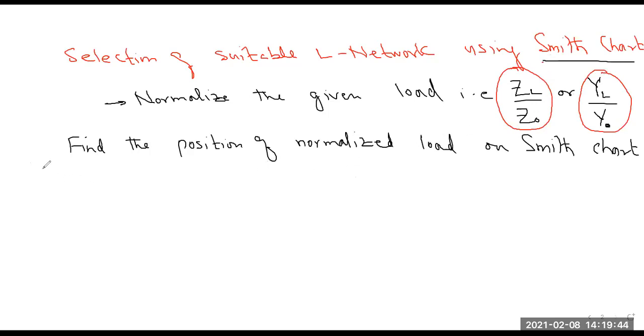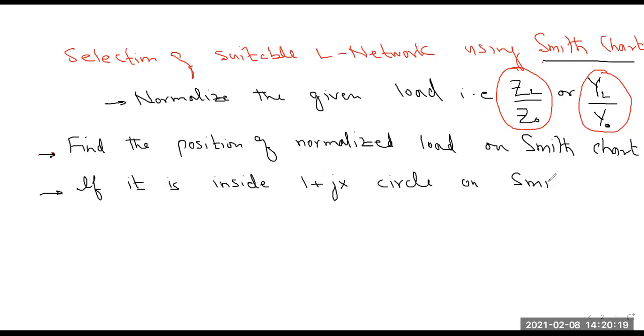So once you find the position, then if it is inside 1 plus jx circle, I will explain what is the meaning of this sentence. So let me write it down, and then we will go through it step by step. So if it is inside 1 plus jx circle on Smith chart,